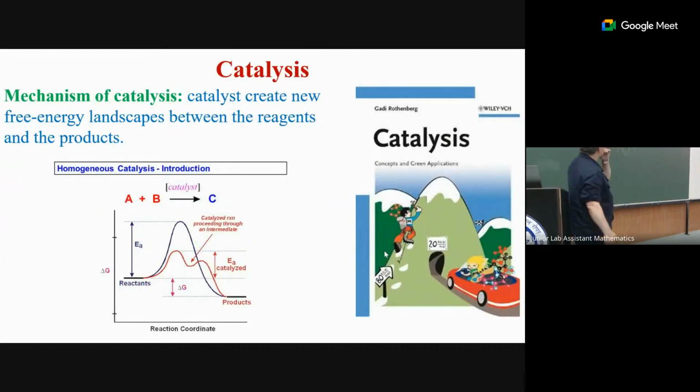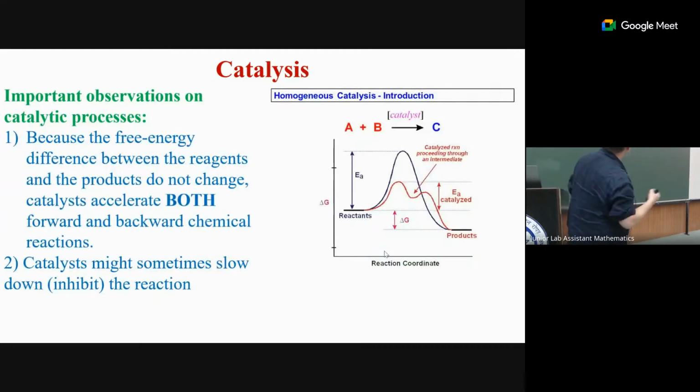Good. Catalysis. So we currently understand that catalysis doesn't change the free energies of the initial reactants or products, it just creates a different pathway. This is a typical picture that you can find in a textbook. This is the reaction coordinate, a kind of imaginary path of your reaction, and this is the energy scale. Let's say the original solid black reaction is slow because the barrier is high. But the catalyst provides a different pathway. Maybe there will be two mountains, but each of them is easier, and the resulting reaction is faster.